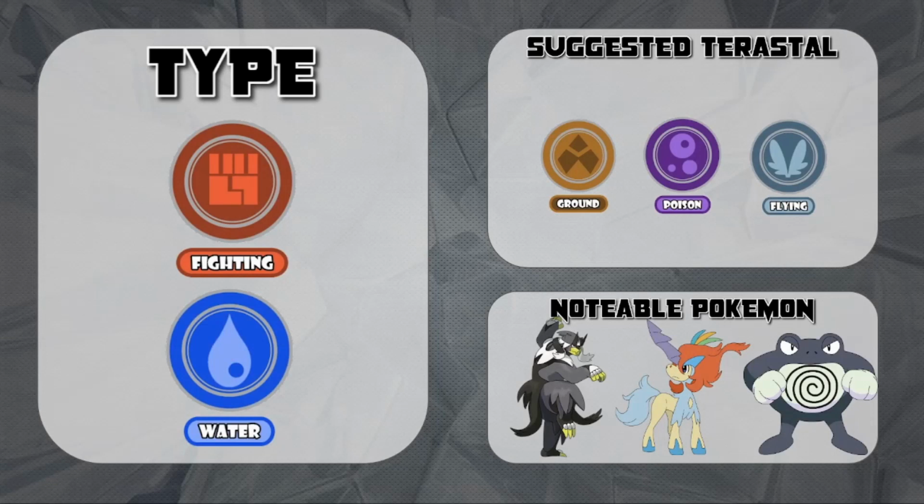Next up we have got fighting and water. Now notable Pokemon here are Urshifu Rapid Strike, Keldeo and even Poliwrath. Now with regards to your weaknesses, you have got your weakness to psychic, fairy and flying again, along with the weaknesses associated with water in grass and electric. Now when it comes to covering your grass and your